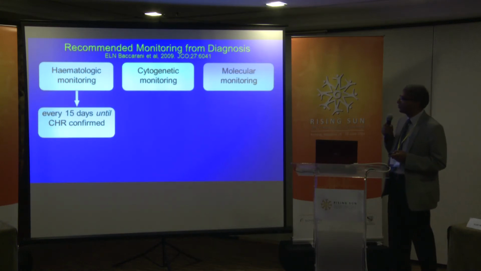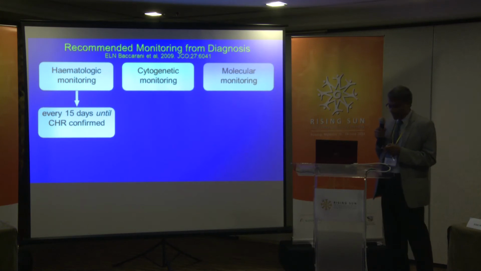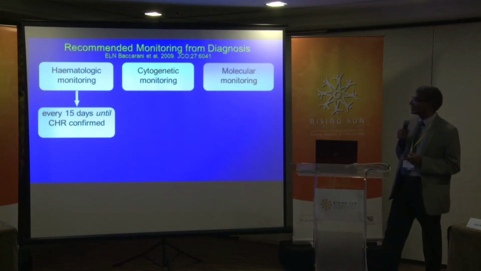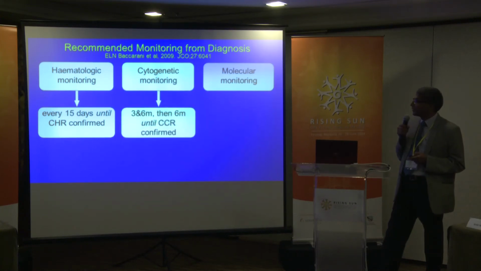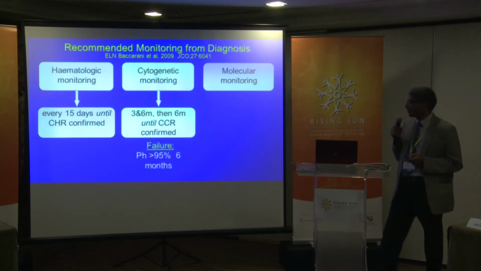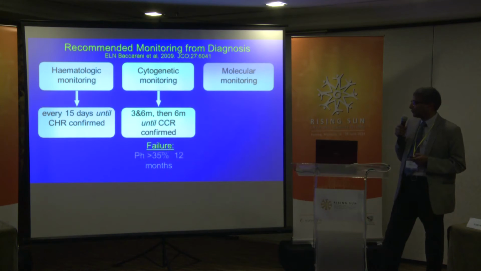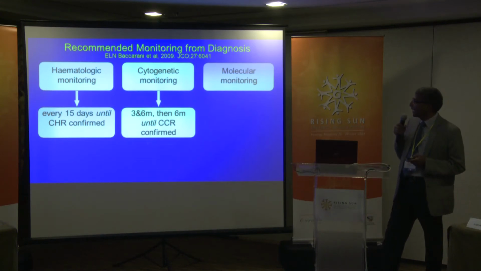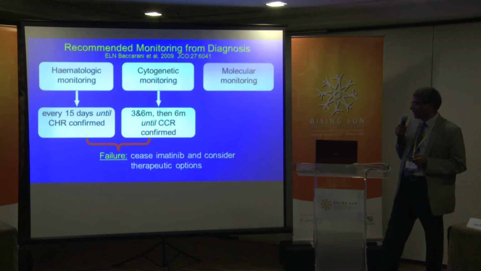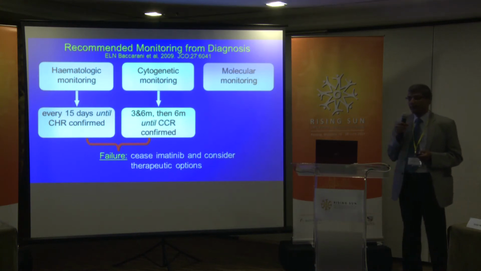2009 guidelines. You do the hematological monitoring every 15 days during the initial phase, and once you do not achieve that, it is categorized as failure. If you don't achieve it by 3 months, then by 3 to 6 months you look at the complete cytogenetic response. If it is not confirmed, you call it failure over various periods of time, 3, 6, and 9 months. As I told you, this is as per the 2009 guideline. And then if you have a failure, you cease imatinib at that point of time, and you consider a different therapeutic